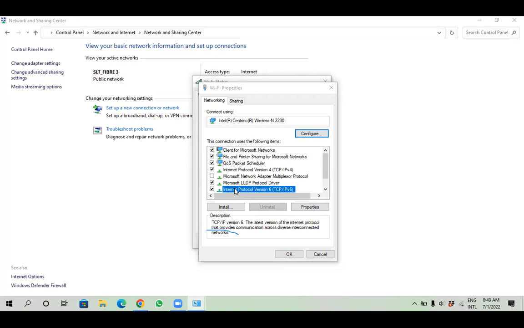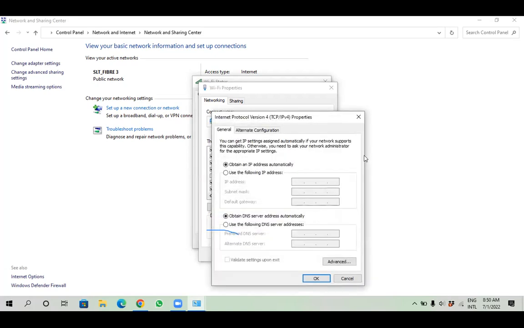No, not that, that is version 6. I need version 4. Then click on properties again, or double click, so that will open the properties there, and you can see your IP address assigned automatically.